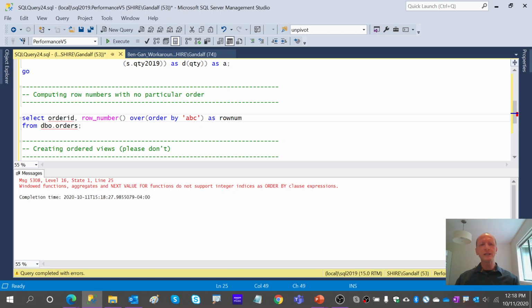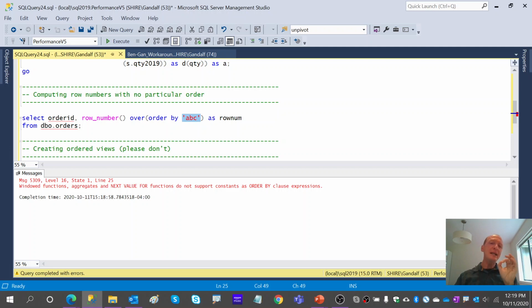Let's say order by just a constant character string. Try again. And as you can see, it says window functions do not support constants as the order by clause. So apparently it cannot be a number because it thinks it's an index, but it cannot be even any other constant because it just won't allow constants in general.